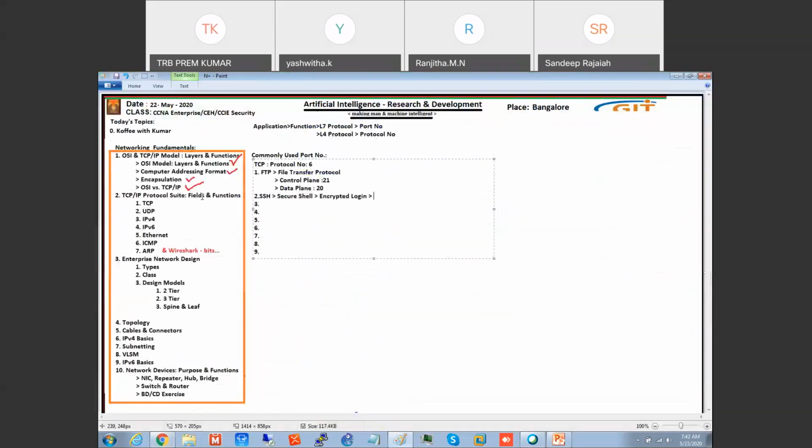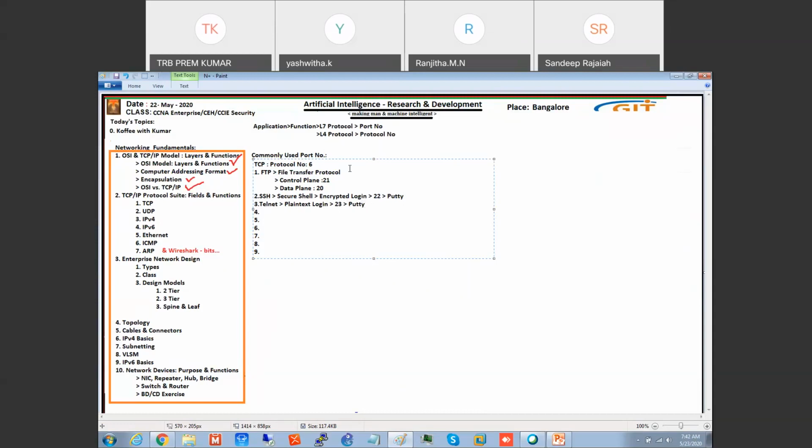In the same way, Telnet is the protocol. Telnet is remote login; we call it plain text login. The port number is 23. The application we use for this is Putty.